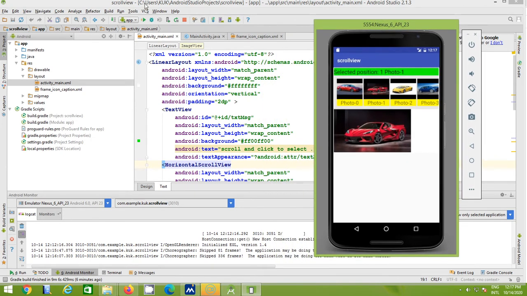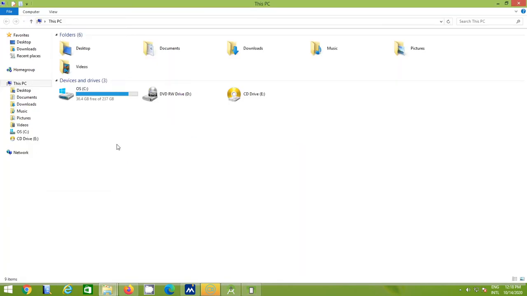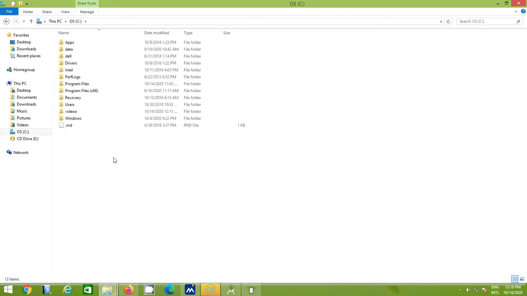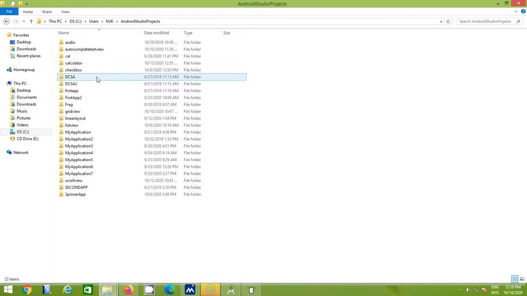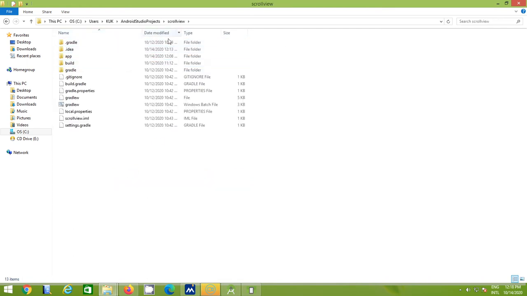My project name is here. You can see that the project is C, users, KUK, Android Studio project, scroll view. So I will go to my project folder. In the C drive I select users, then KUK, then Android Studio project, and the project name is my scroll view. That is the location of my project.